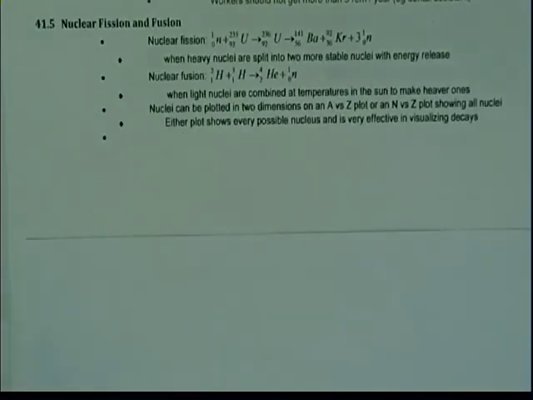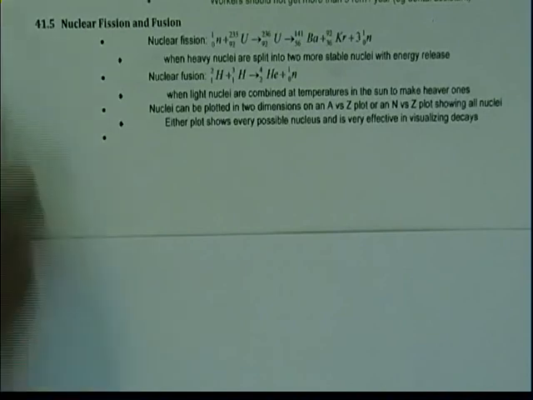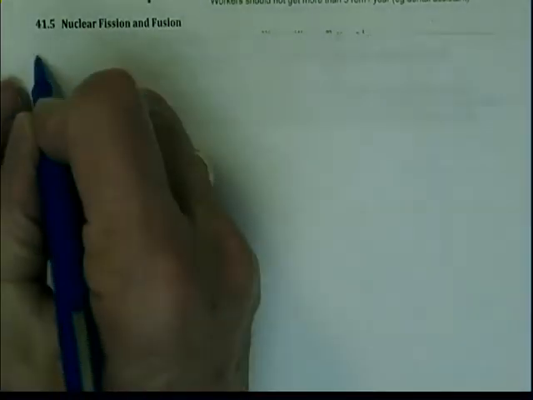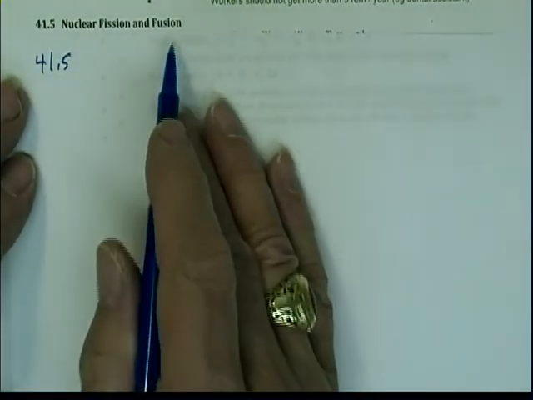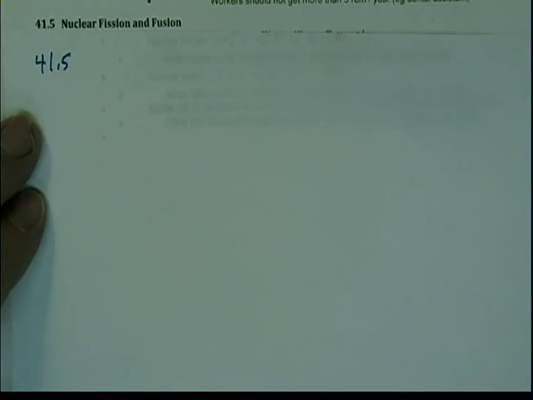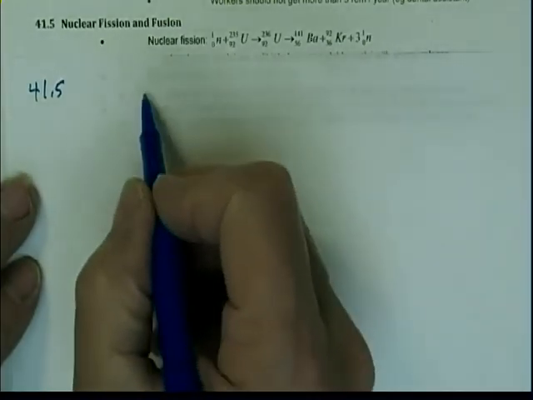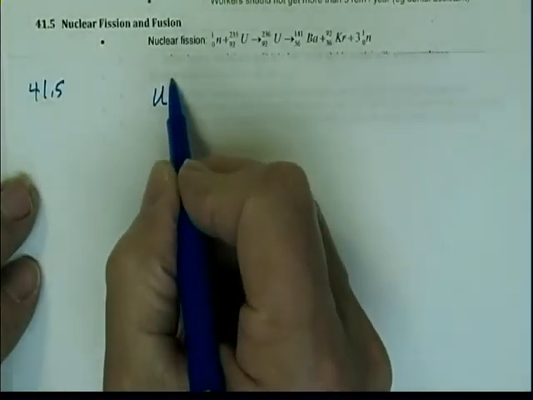This is a relatively short section, but one that's of incredible importance. We address here in section 41.5 nuclear fusion and fission. And we had mentioned these before, and an example of nuclear fission is when we take U-238,